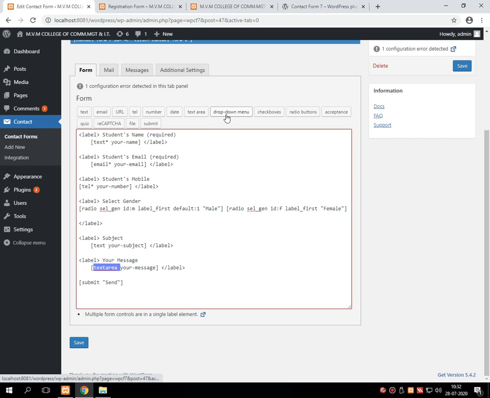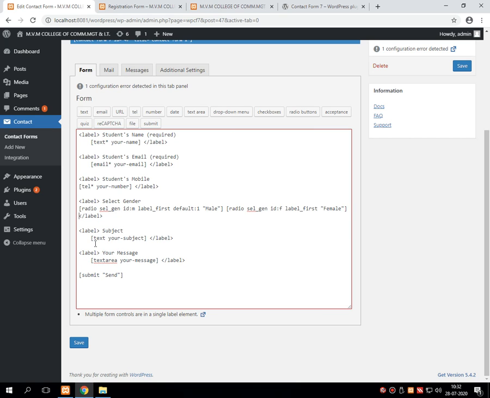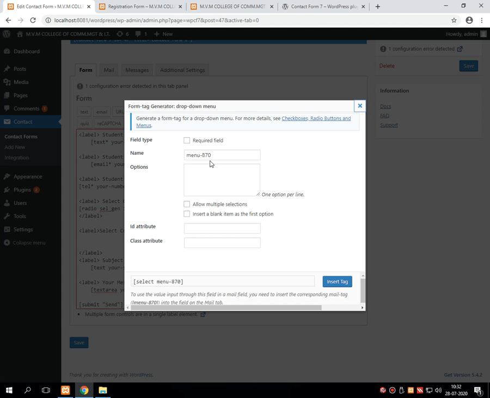Then a drop down menu, if we require, we'll use this drop down menu. What we are doing? Label, /label, select course, and in this first I am displaying the drop down menu.